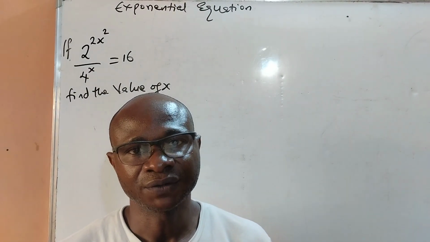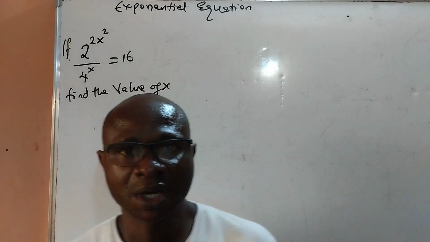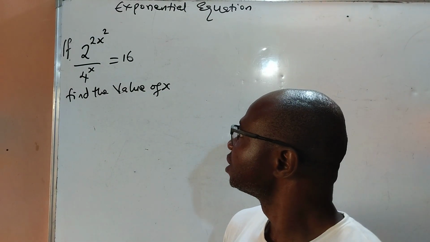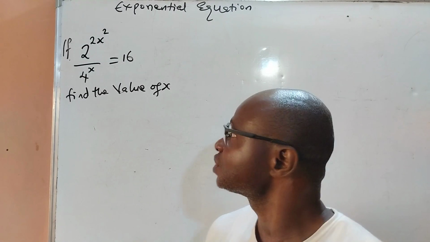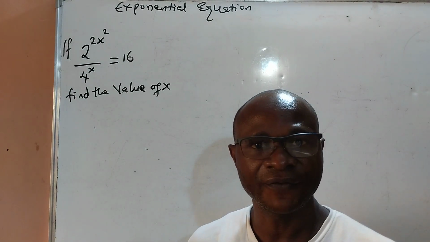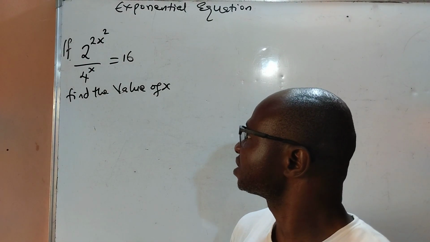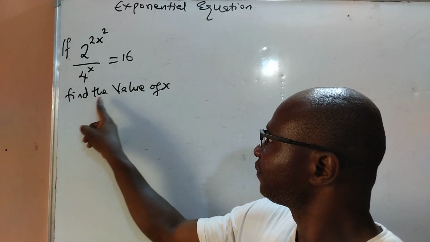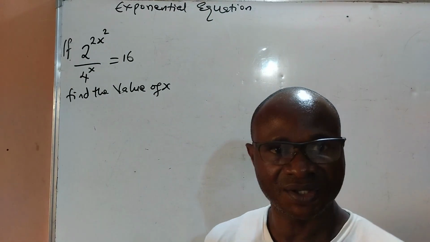Today, we want to solve an exponential equation. Given on the board, if 2 raised to the power 2x² divided by 4 raised to the power x is equal to 16, then we are asked to find the value of x. Alright,